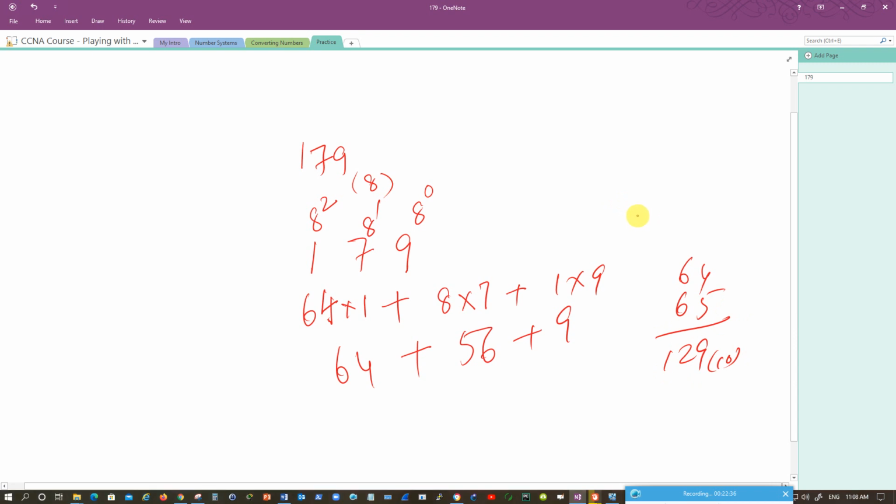See how you go from octal to decimal. This is how you do it. And if you want to convert octal to binary, you cannot directly write down the value of 179 as we did in decimal, you have to take this path. But don't worry about octal numbers, they are not much used in networking. Remember how to convert numbers from binary to decimal, decimal to binary, binary to hexadecimal, and hexadecimal to binary.